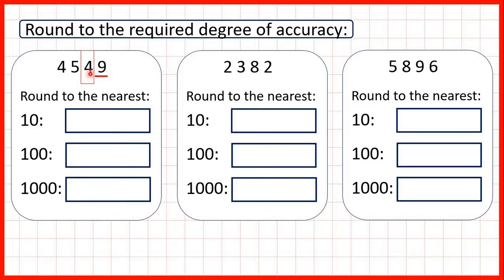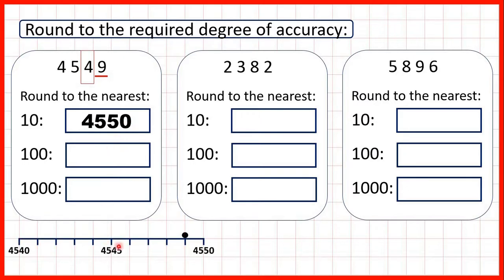So the 4 becomes a 5. Digits to the left stay the same, and digits to the right, so this ones digit, turns into a 0. So that gives us 4,550. Now let's have a look at this number line, because this helps us to understand what we're really doing